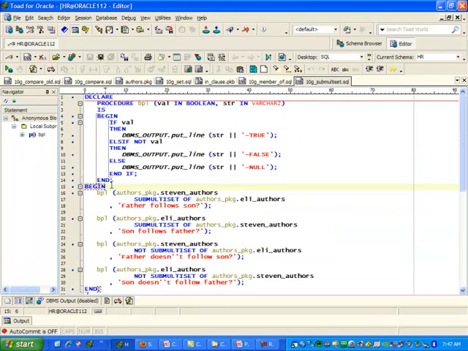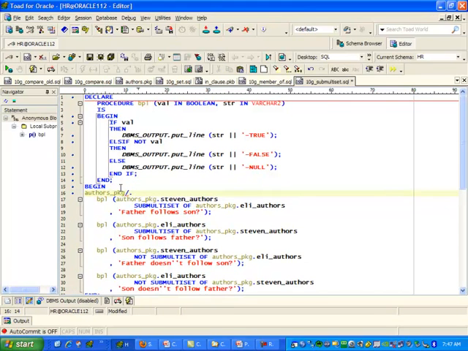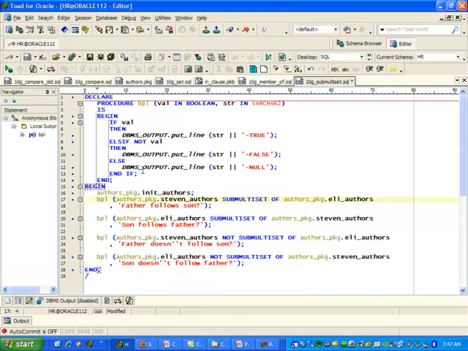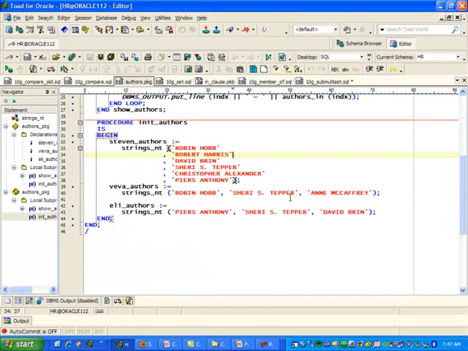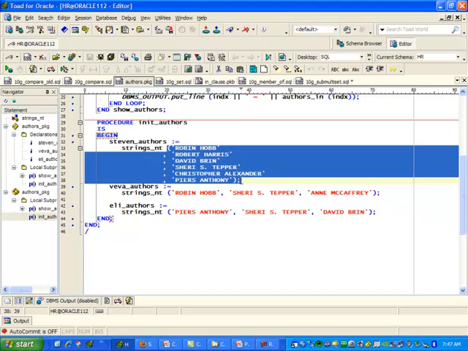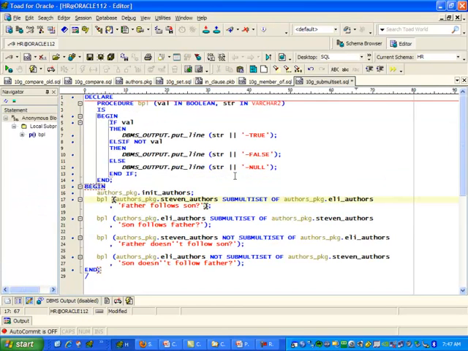So I'm going to initialize my authors. Let's make sure I do that first. Init authors. I've got, again, my Boolean put line. And I've got my list of Stephen authors and Eli authors. And again, notice that my son's list of authors is entirely contained inside my list of authors. The son takes after the father. How nice. It's probably not true anymore. This is from years ago. Anyway, so